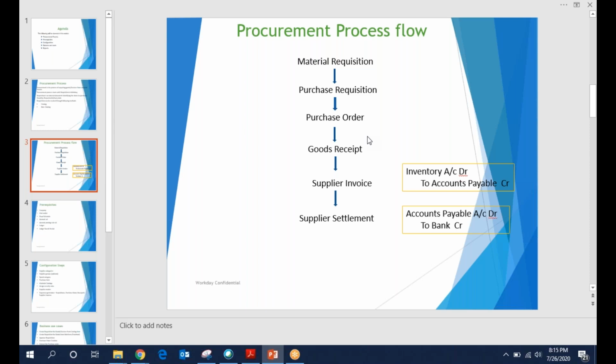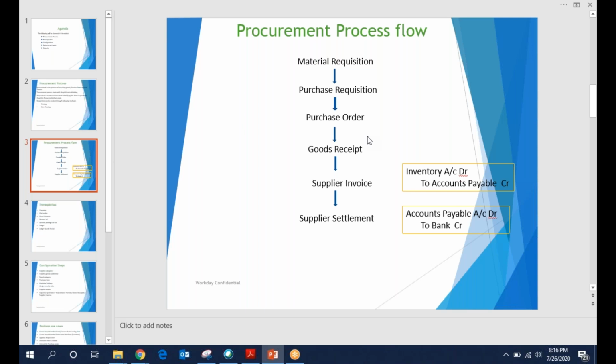Stores is where all the goods are located. Whenever the purchase team buys something, they store it in the stores department. From there, based on the material requisition, the material is sent to the manufacturing location. This is how a business plant works.